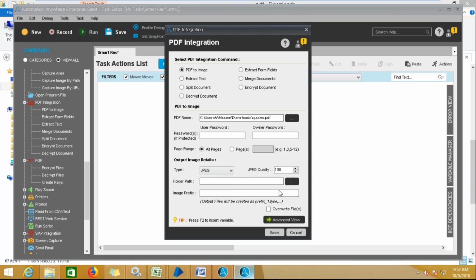That quality you can give here. Don't ever give less than 80, otherwise the image will not be clear. Folder path: you need to give the folder where exactly you want to save that converted file.